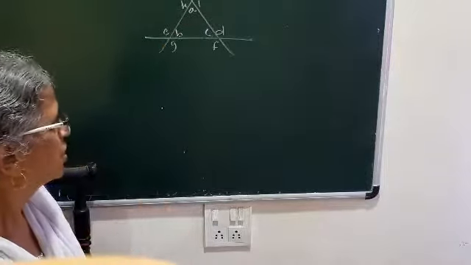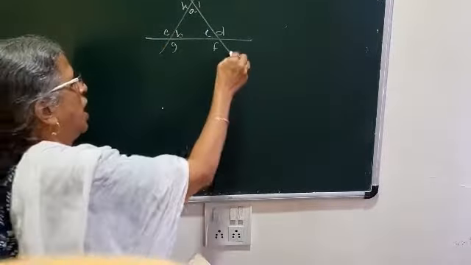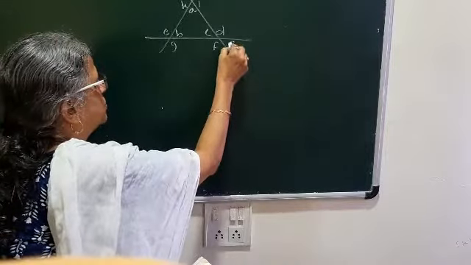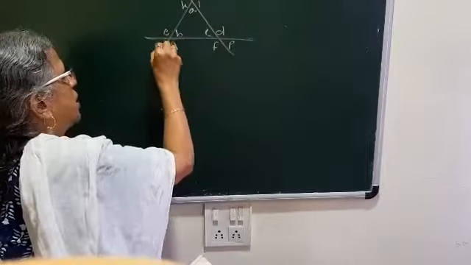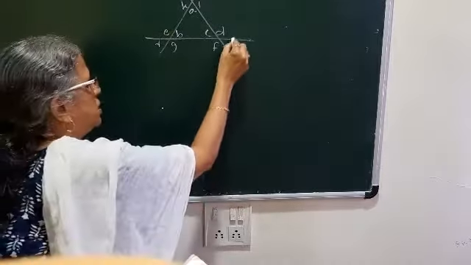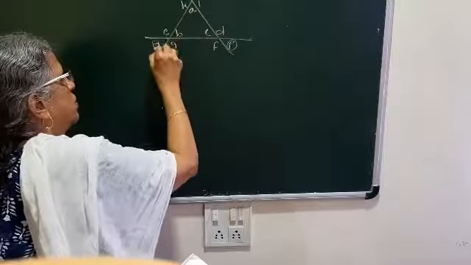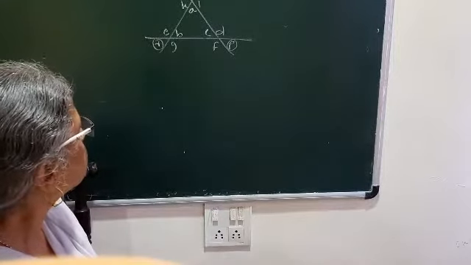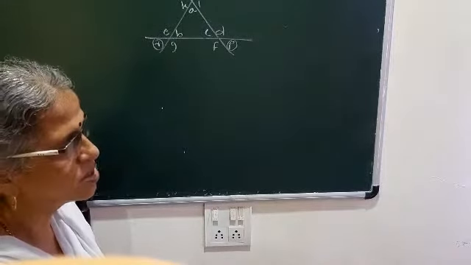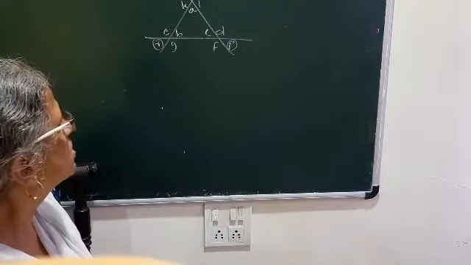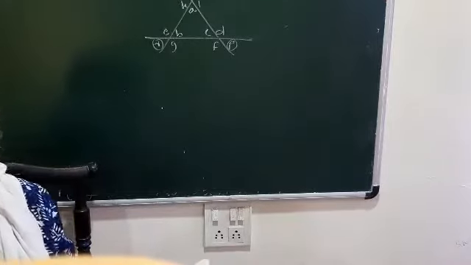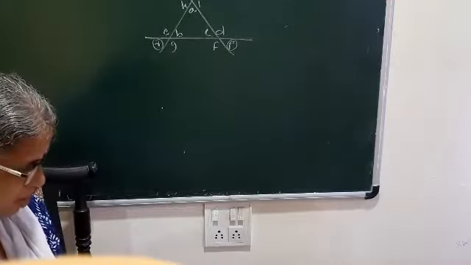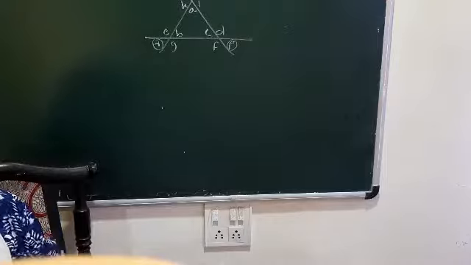as the exterior angles. And the angles, suppose I will mark them as P, Q and R, they are neither interior nor exterior. Followed? So if we have any triangle, we have 6 exterior angles, 3 interior angles and 3 angles neither interior nor exterior. Followed? Now we are going to start with the first theorem, that is